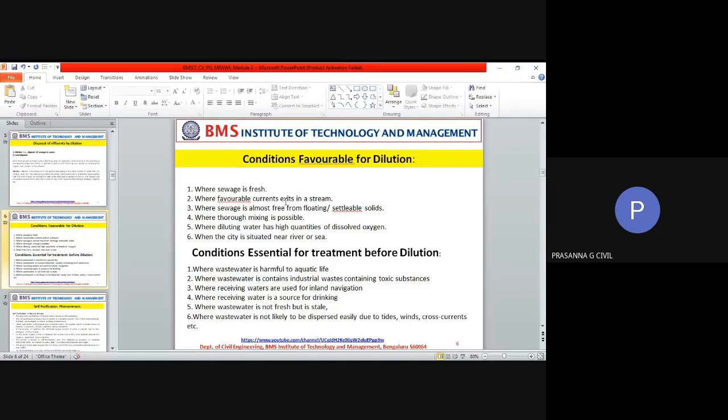But that was not the question right now. My question was, I am giving you pond water and I'm giving you river water. Which would you expect to have more DO under natural conditions? I'm not talking about any pollution or release of anything into the water. Both are naturally existing without much pollution. Which of these would you expect to have more dissolved oxygen and why? Ma'am, maybe river. River will have more. Yes, ma'am. Why?